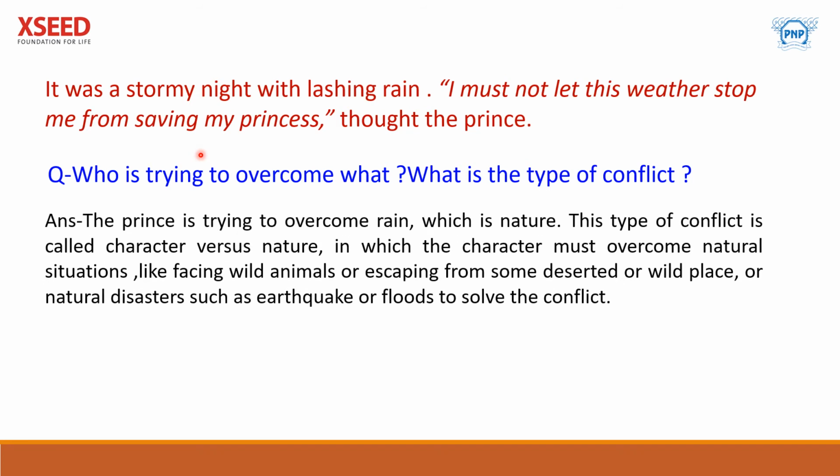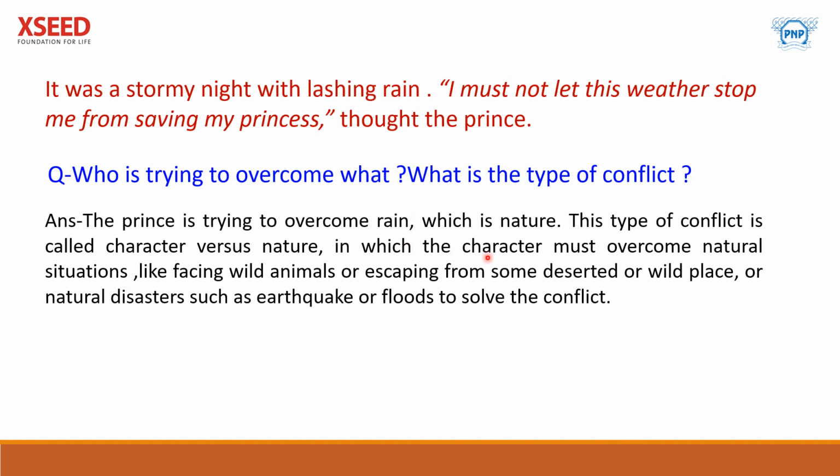The prince is trying to overcome rain. Okay, it's a main character. The prince is trying to overcome rain, which is nature. This type of conflict is called character versus nature. On one side there is a character, that character is the prince, and on the other side there is